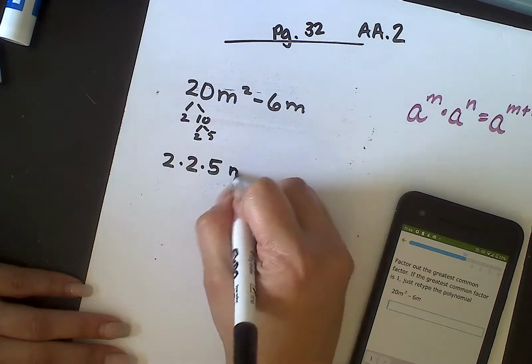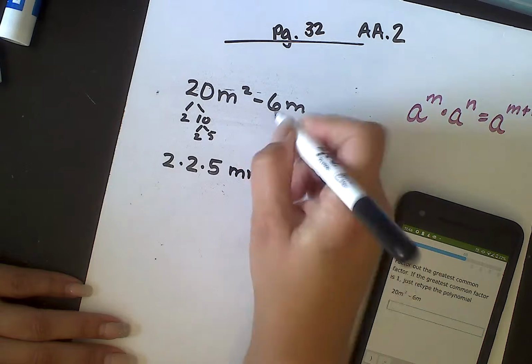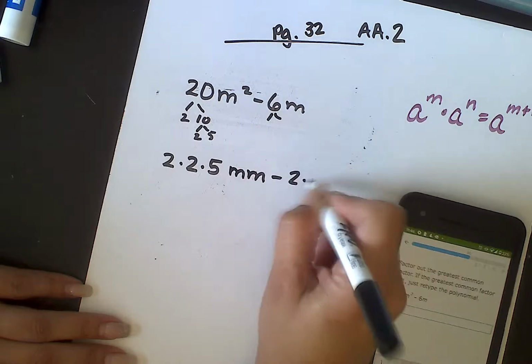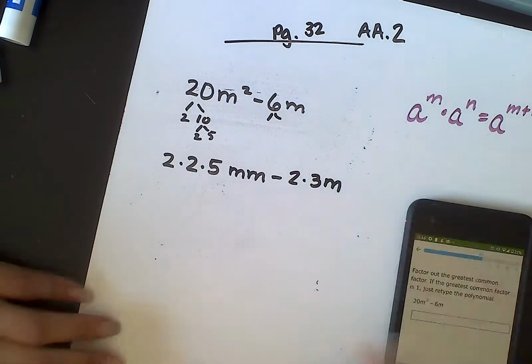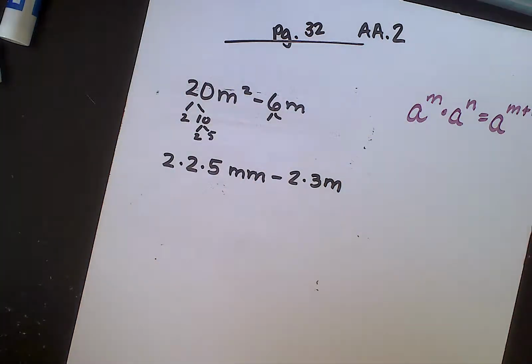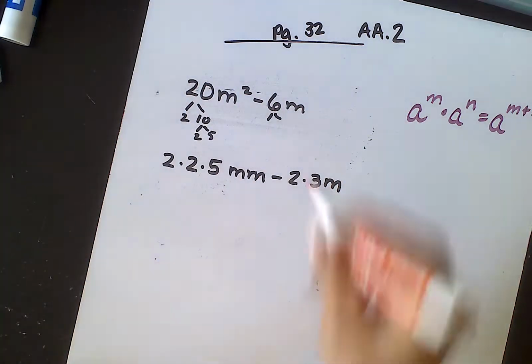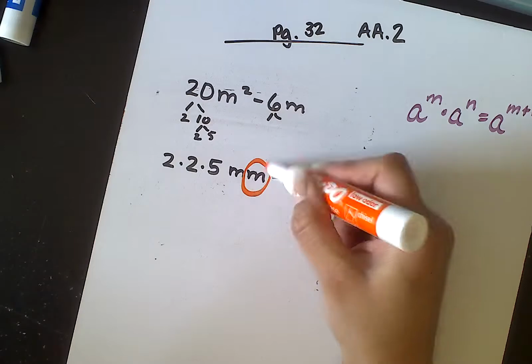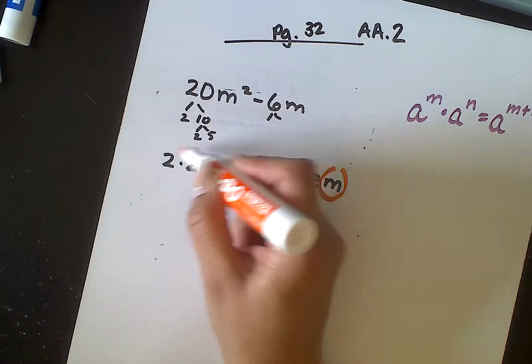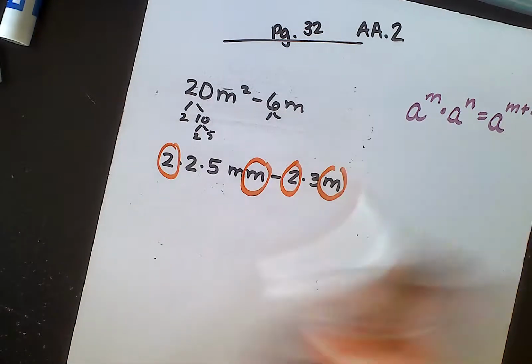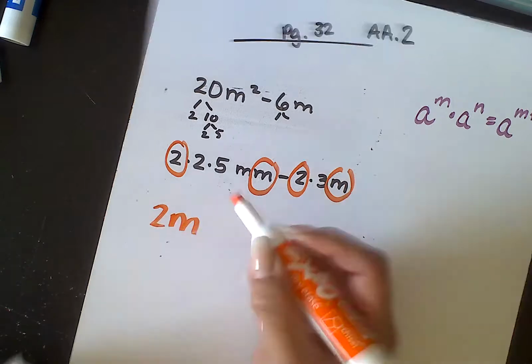Okay, then m minus 2 times 3m. So let's go ahead and circle what we have in common, which they both have an m, and they both have a 2. So that means 2m is my GCF,